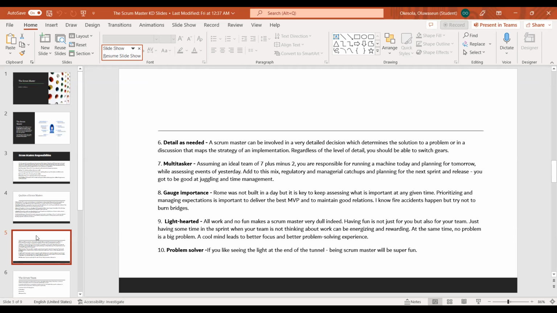Just having some time in the sprint when your team is not thinking about what can be energizing and rewarding. So imagine getting into a team where we are going to plan our sprint. But before we plan our sprint, we say, okay, let us play a game, right? Let us play planning poker. Let us play one of those games that we'll just play to relax us and make us happy. So that's fun. Right. So people will get very interested in